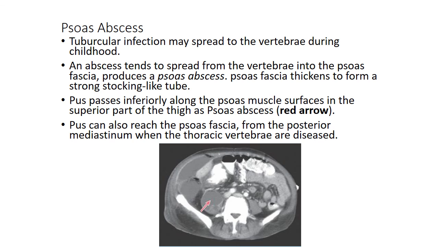So this was all about the posterior abdominal wall, and in this we talked about the muscles of the posterior abdominal wall and the fascia of the posterior abdominal wall. We talked in detail about the thoracolumbar fascia, and then we talked about the lumbar plexus in detail and its applied anatomy.